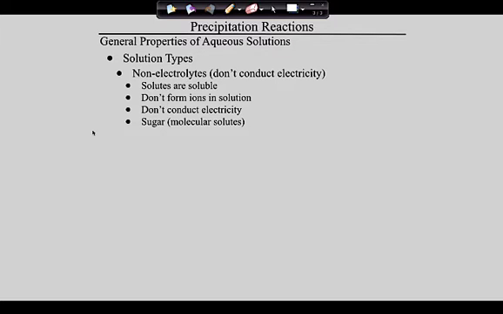Sugar dissolves in water. That would be nasty. I think my wife does that, though. Don't they have like sugar scrubs? That's gross. Anyway,